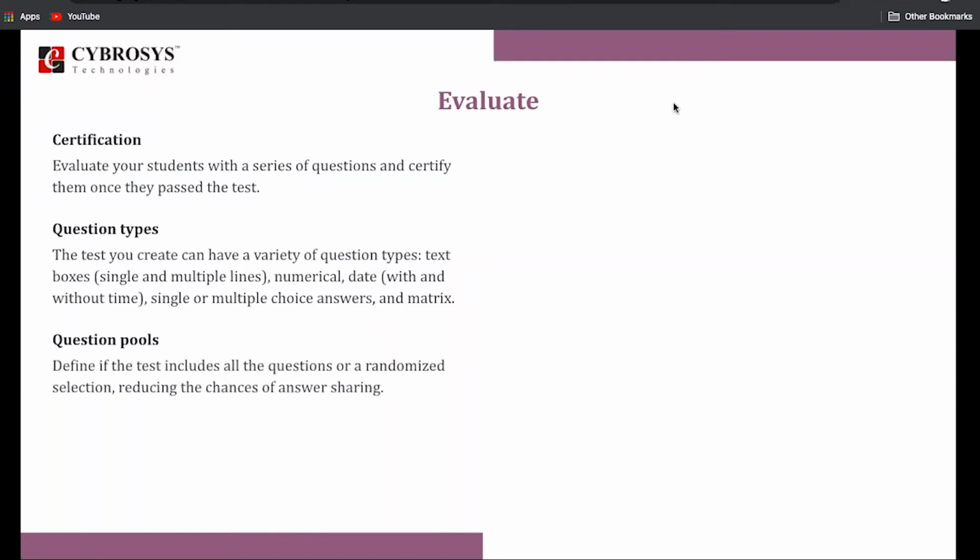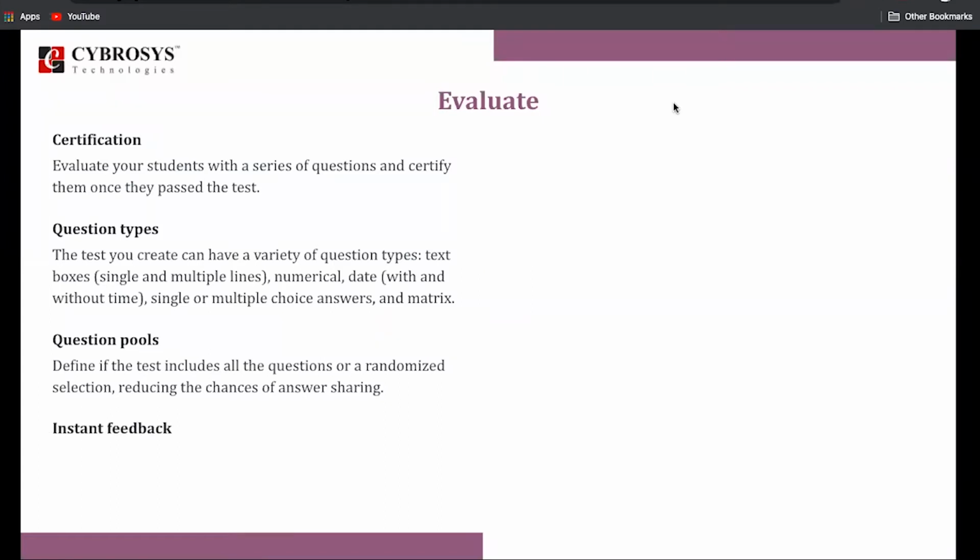Then question pool. Normally, if the question pattern is always the same, there are chances that if one person has answered everything correctly, he can help others by telling them the first question's answer is this, and so on. So Odoo has come up with an option here to randomize the questions. If you have 100 questions, only 80 of them are selected and taken randomly. This type of functionality will provide your students or candidates a